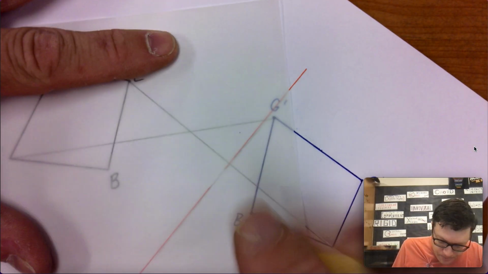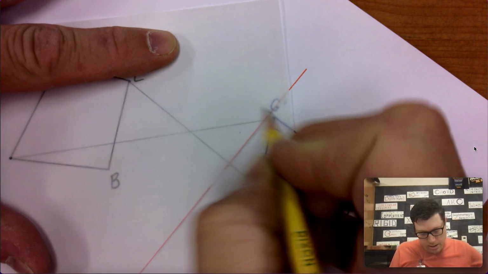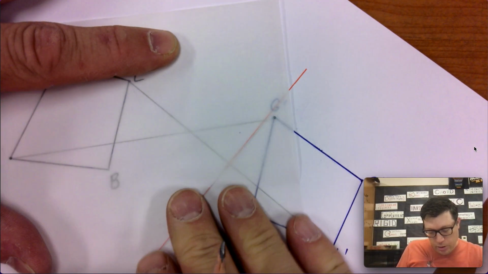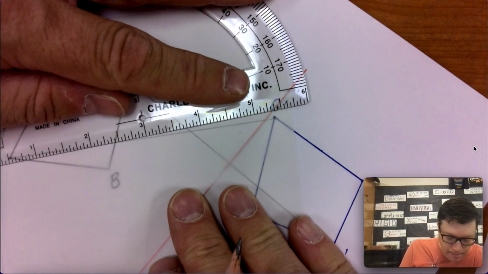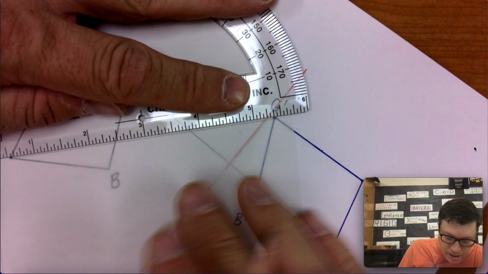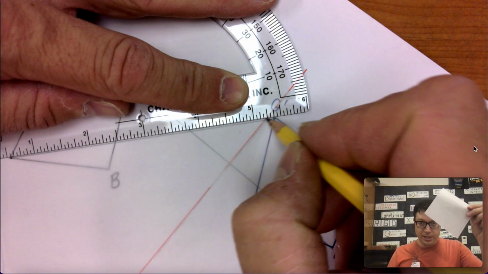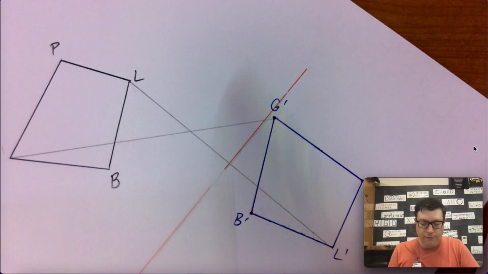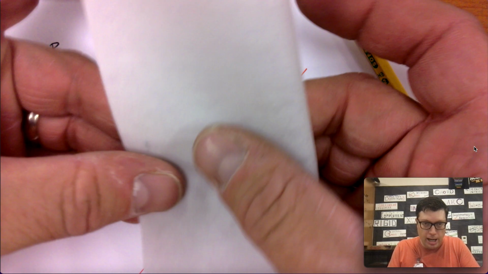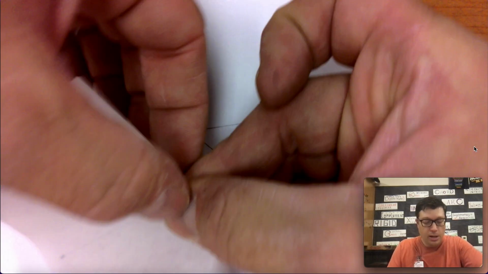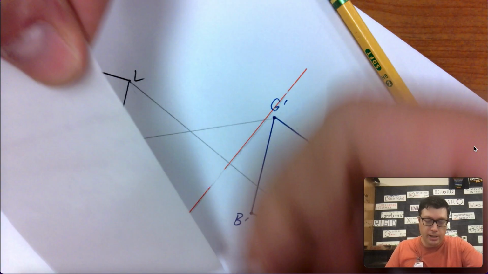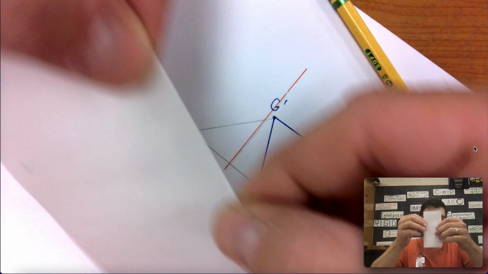Trace G prime. I'm going to use the edge of the protractor just for niceness, but you don't necessarily have to. The point is, once you trace G and G prime on the tracing paper, you fold so that the two dots, G and G prime, are together, and make a sharp crease. If you don't know how to fold a paper airplane, that's what I'm doing: folding it so that